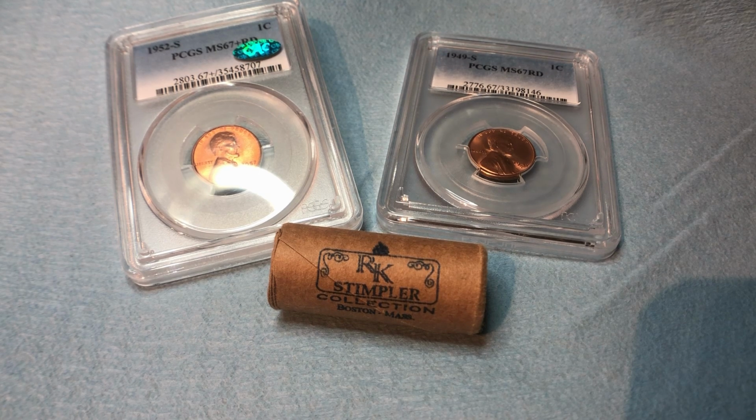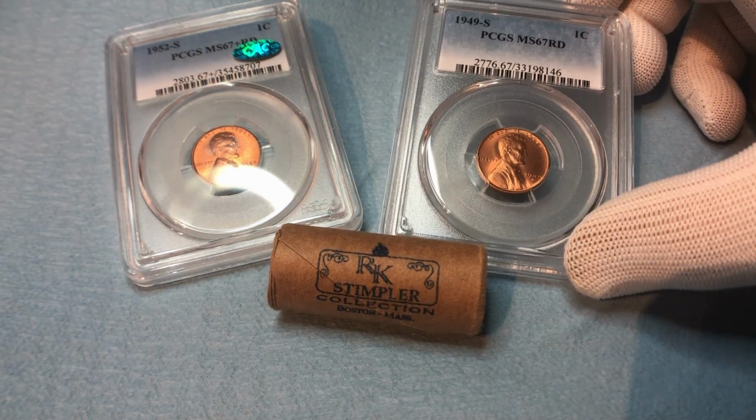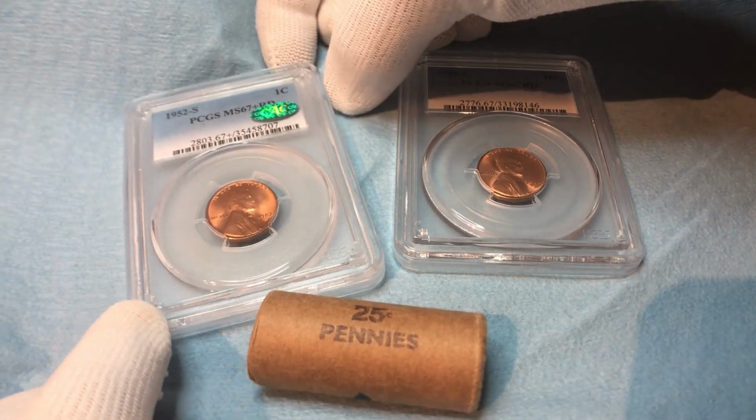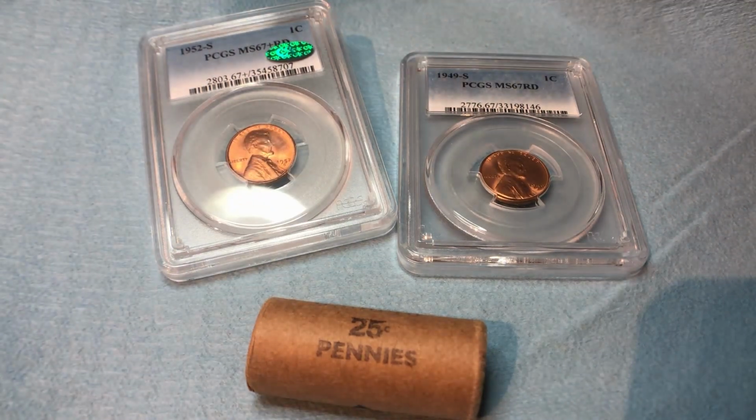But as you can see in front of you right now, we've got a couple coins out already, pre-graded PCGS. 1949 and MS67 red, which I'm after. Anything better than that, like this guy here, MS67 red with the CAC sticker right here, just to use as reference. Off screen, which you don't see, I do have open live my price, not my price guide that I usually use, but I actually have the photo grade I'm using by PCGS, trying to understand better of what they're looking for pertaining to an MS68 coin, which I've only seen in real life